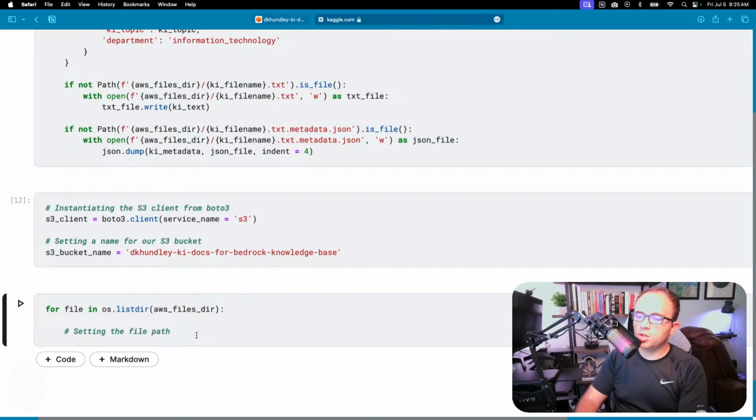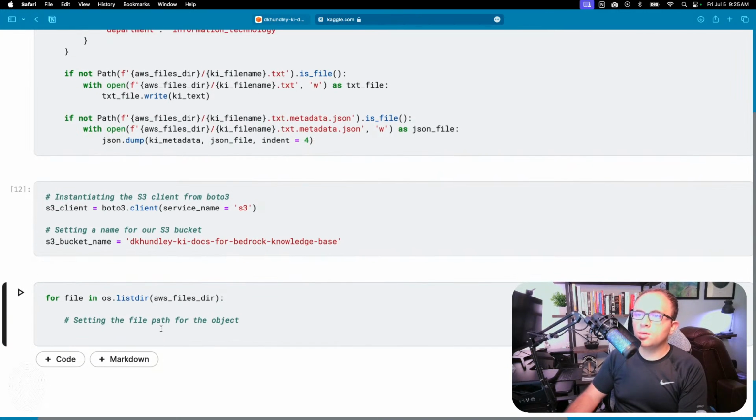Well, we're going to set the name of the file path for the object. So setting the file for the object, we're going to call this file path. File path equals, I'm going to create the AWS files dir, and then file. So there's that. Now we are going to first check to see